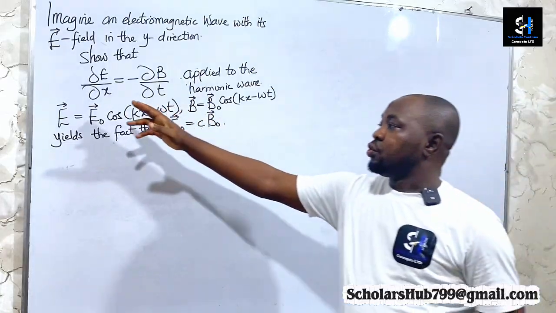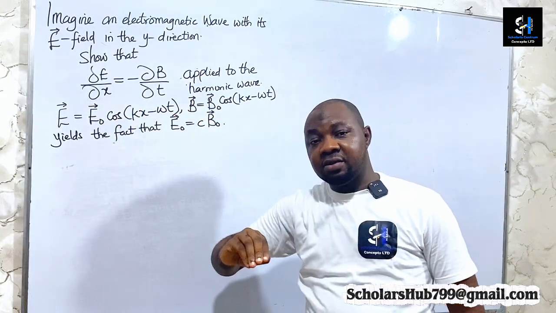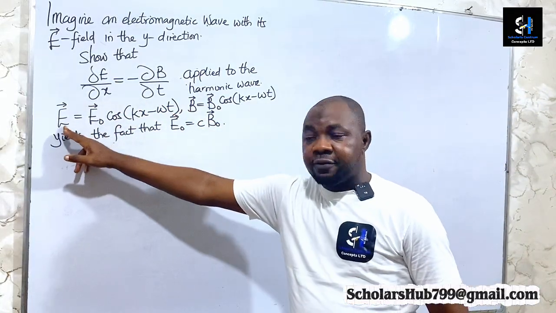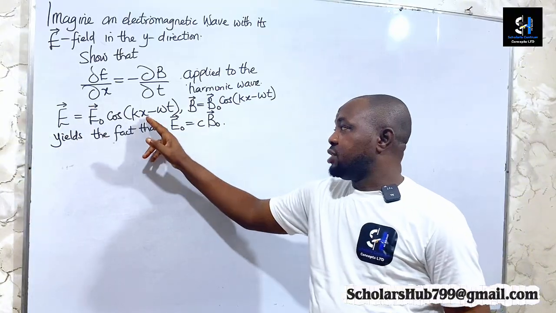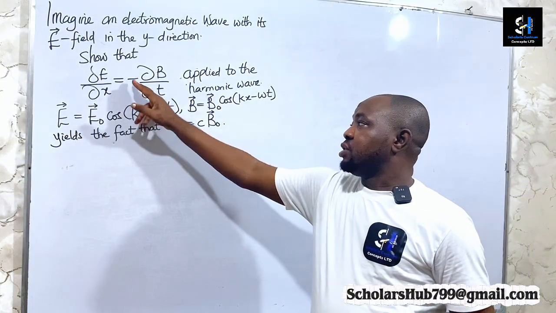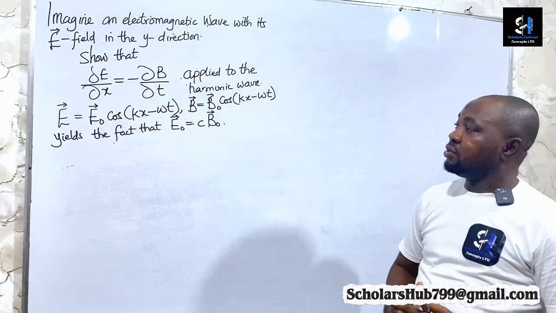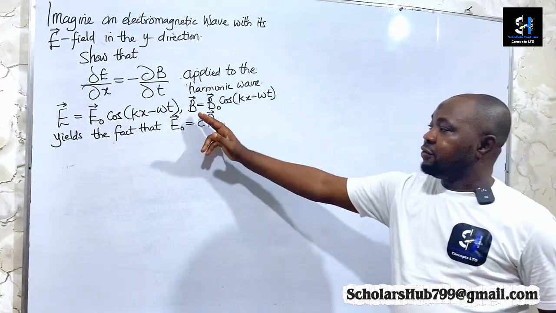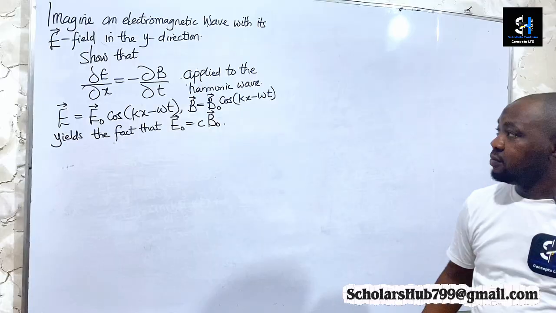Imagine an electromagnetic wave with its E field in the y direction. Our task is to show that the first partial derivative of the electric field function with respect to distance x is equal to the negative of the first partial derivative of the magnetic field function with respect to time t, applied